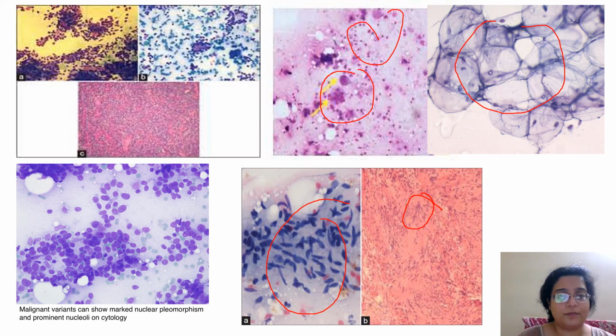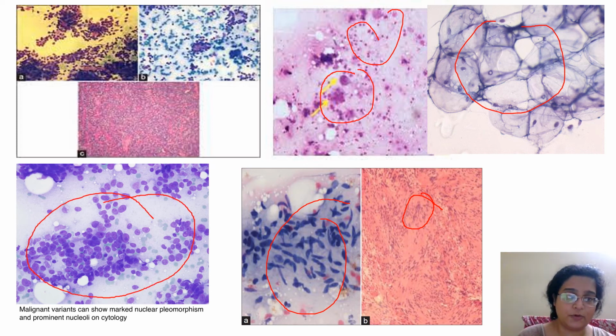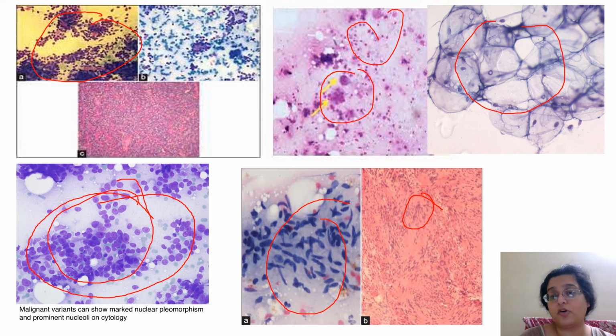Then this is something like small round blue cell tumor with a lot of pleomorphism. This could be a Merkel cell, although there's no molding very evident. But this is a malignant tumor. Then again, small round blue cell tumor over here. So basically, one thing I want to tell you is that a basaloid cell can also look like this small round blue cell in a BCC. What you have to look for is molding. If there is molding, it is 100% a small round blue cell tumor. If there is no molding, it could be a basaloid tumor, a cylindroma, a spiradenoma.